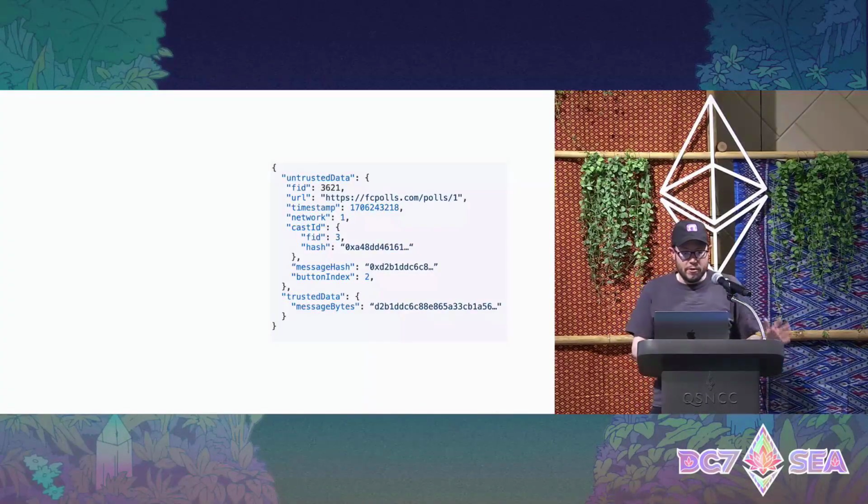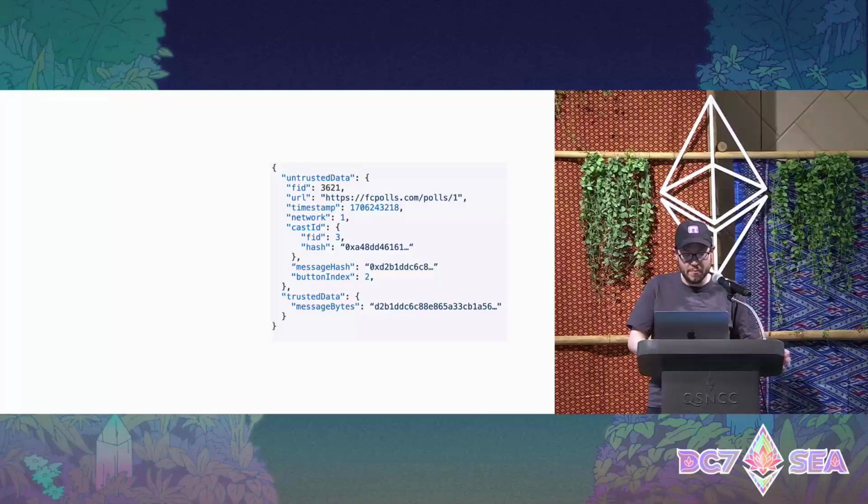Okay, so images and buttons in HTML metadata, you can think of these as defining your frame UI. We have HTTP requests made to your frame server that define the actions you can take, the behavior. There's one more really important frames concept to cover, which is the signed frame message. So this is the data payload that the client posts whenever you click a frame button. And this is a JSON object that looks like this.